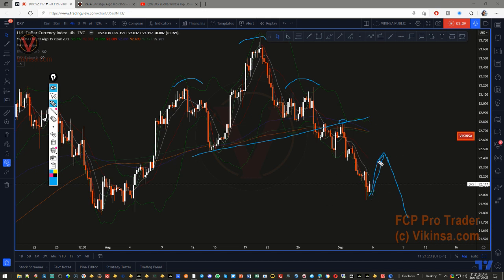But this week we can expect a move to the high side. It may not be a huge move to the upside, but it can be a correction sort of thing. So if you're looking for a short-term long opportunity, you can look for that. But be careful, because this zone is actually not a very strong zone.